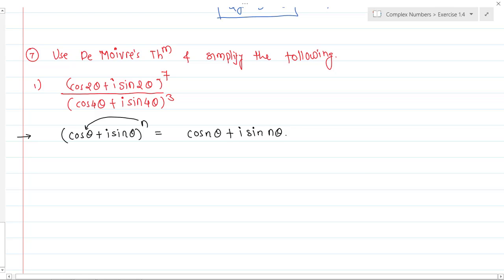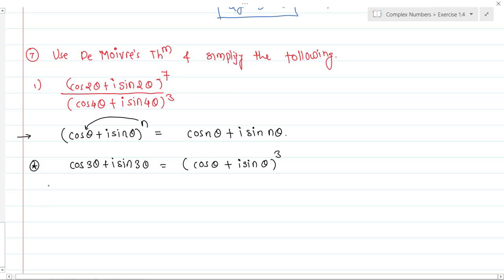Okay. So suppose I have a case like this, cos 3 theta plus I sin 3 theta, now I want to have this complex number in terms of index. So what will you write here? Cos theta plus I sin theta to the power how much should I write? How much power can we give here? It's a 3. That's great.